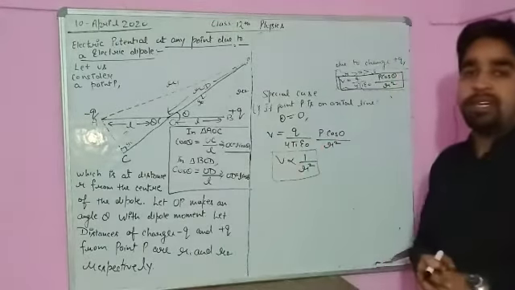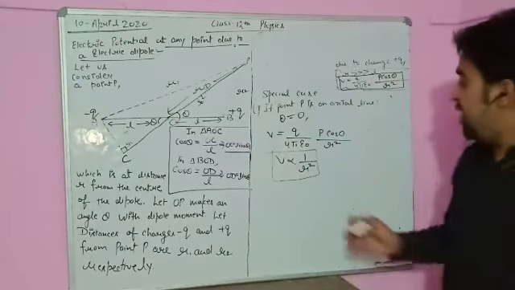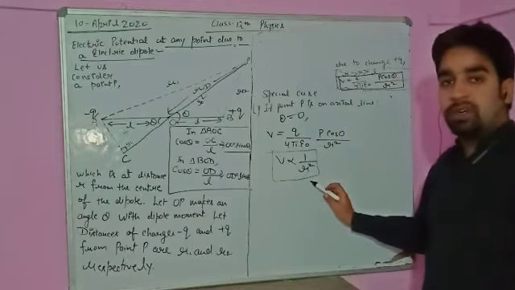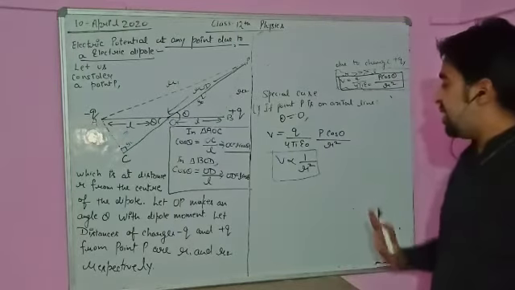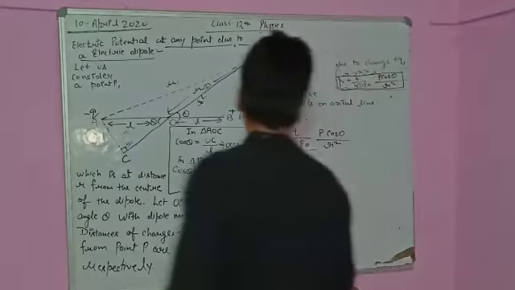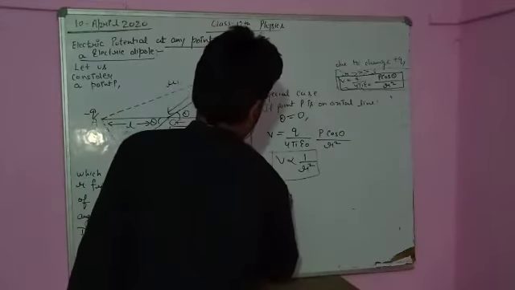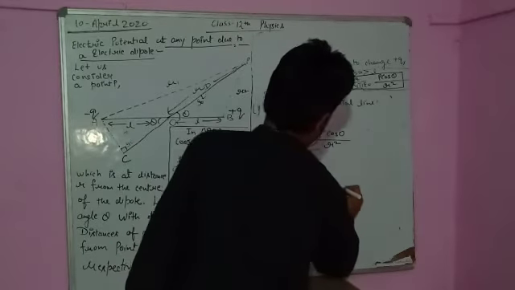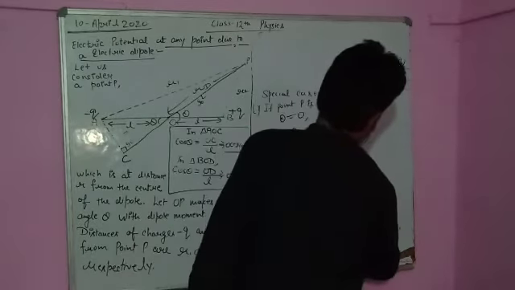And in the derivation we did earlier for the axial line, the electric potential on the axial line was also inversely proportional to R square, so we can say we have done it correctly. Okay, now if point P is on the equatorial line,